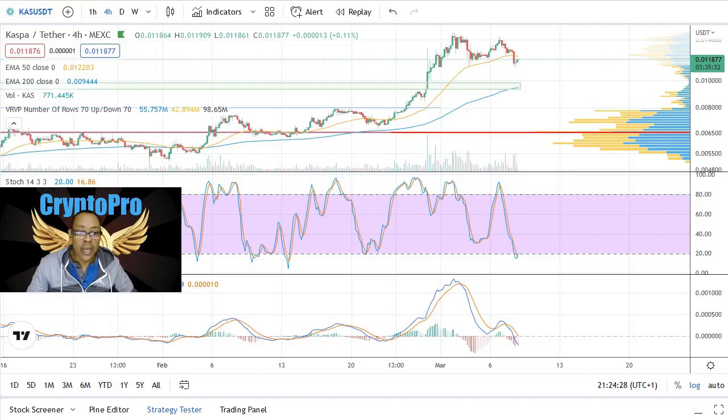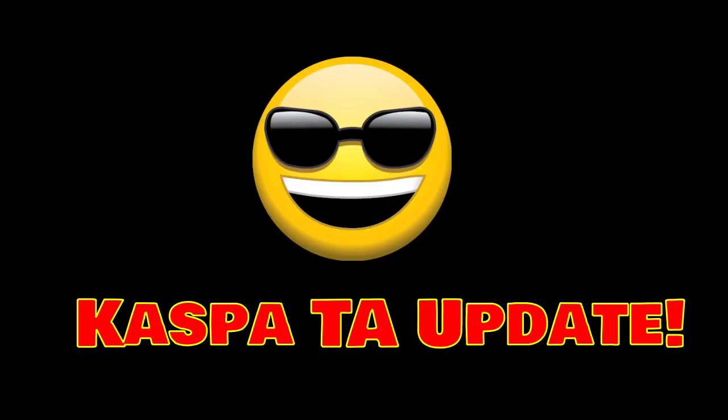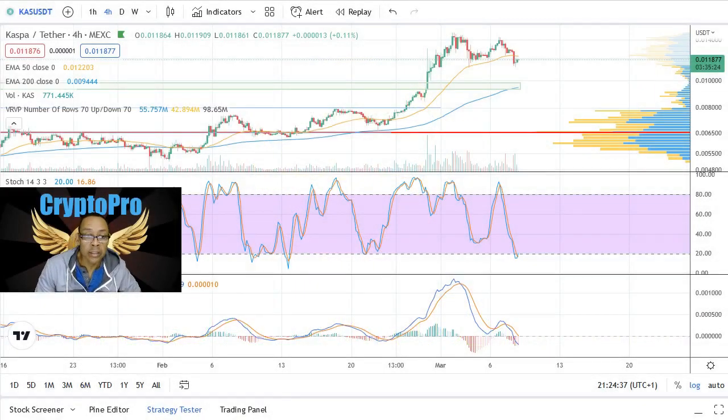Yay! And today we are going to get an updated technical analysis on Kaspa. And might I add that this is completely unrehearsed. I did not go through this chart beforehand. I want you to get my exact reaction as I am analyzing the chart, so you can get an idea of how I pick up on the indicators to know what the possibilities are for future action.